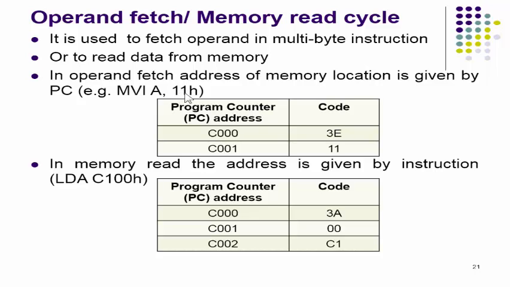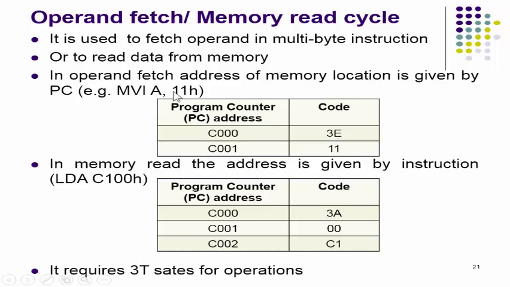For sequential execution, the program counter holds the address of the instruction. Suppose this MVI A instruction is stored in memory starting from C000. At location C000 in the memory you will find its opcode,